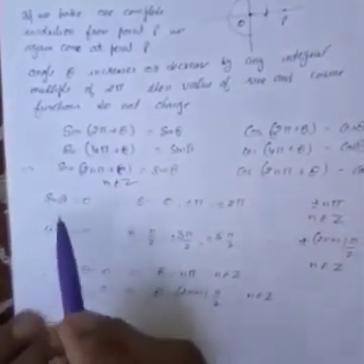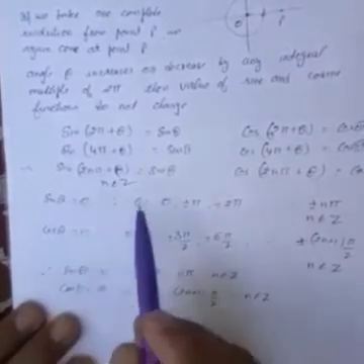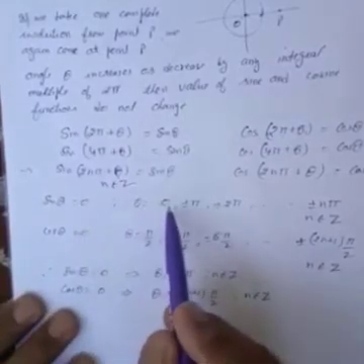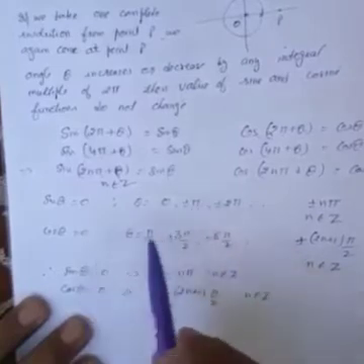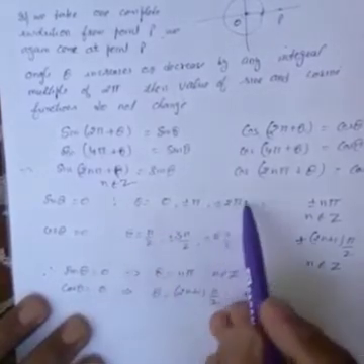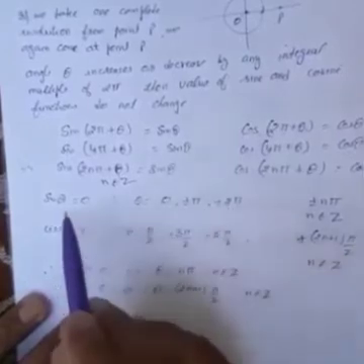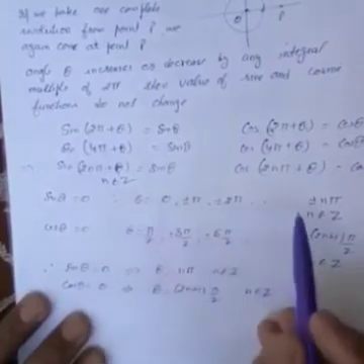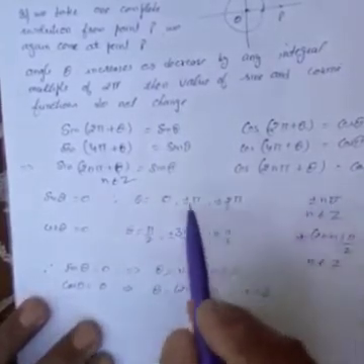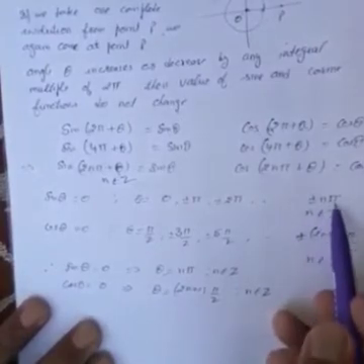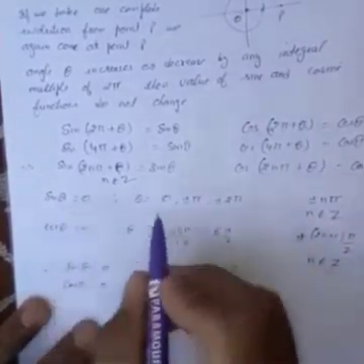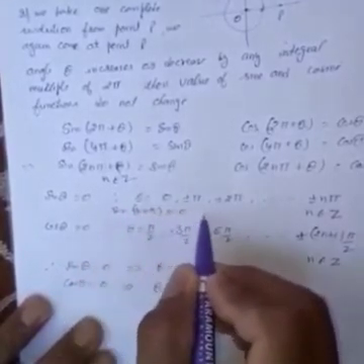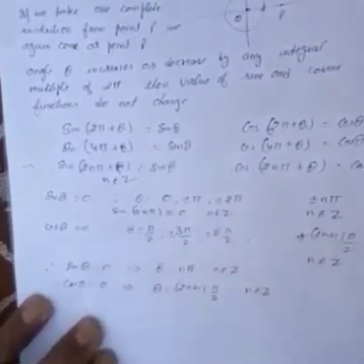Now, what will the angle be when sine theta is 0? If sine theta is 0, then theta will be equal to either 0, plus minus pi, or plus minus 2 pi. It may be plus pi, 2 pi, or minus 2 pi also. So sine 2 pi will be 0, sine minus 2 pi will be 0. It means theta should be an integral multiple of pi, and it may be written as plus minus n pi. We can also write sine of plus minus n pi equal to 0, where n is any integer.